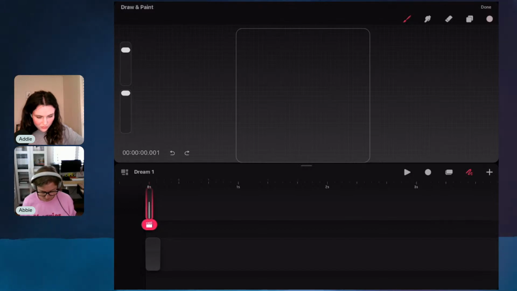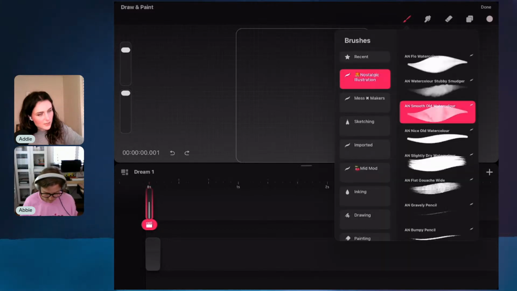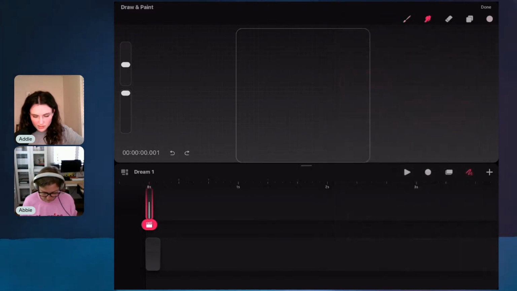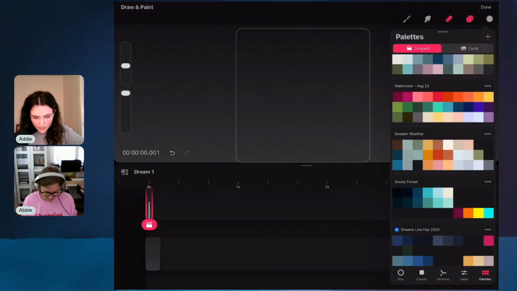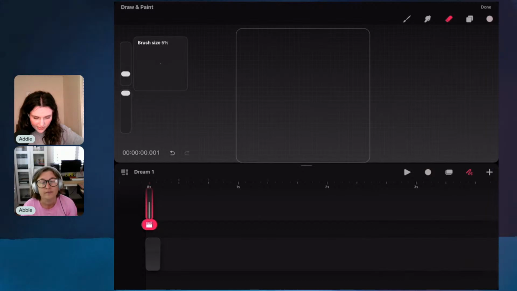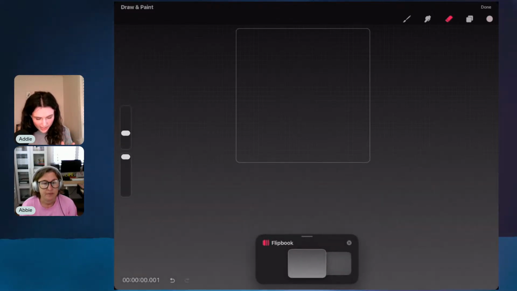Okay, so in the drawing area, which is the upper portion of the screen, you'll see it looks a lot like Procreate. You have brushes, the smudge tool, the eraser, and then you can have drawing layers, and also your color picker. And just like in Procreate, you have the opacity slider and the brush size. But you'll notice there's no transform or selection. And so because it doesn't have those tools in the drawing area,